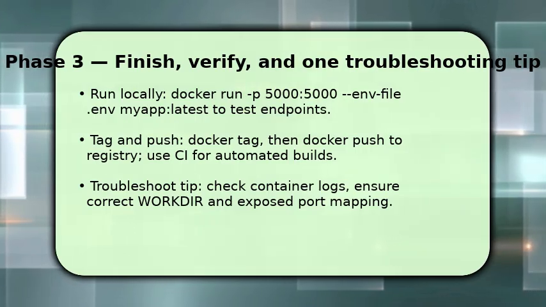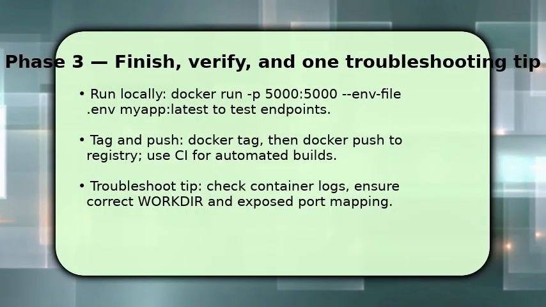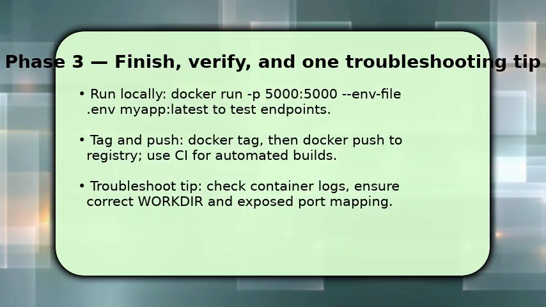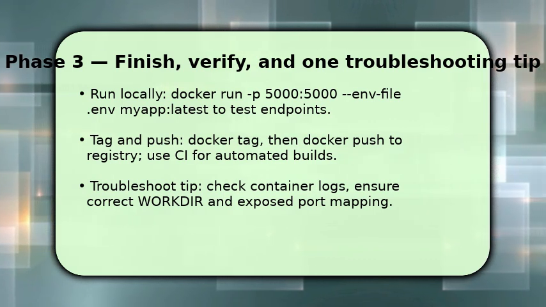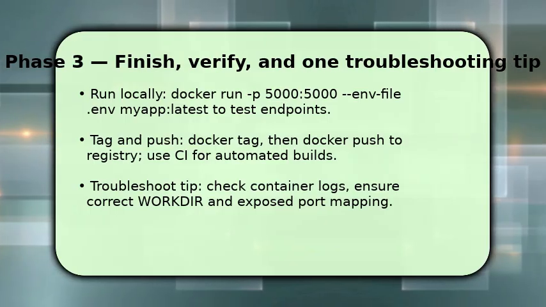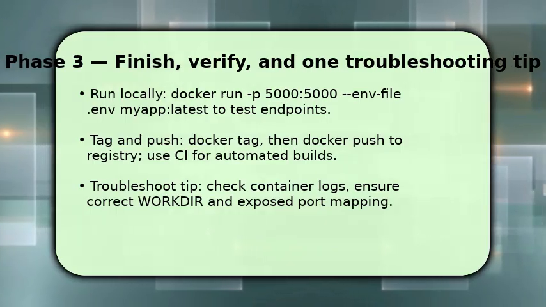Integrate this into CI for reproducible builds. If something fails, inspect docker logs and docker inspect for environment and port mappings. One key troubleshooting tip: make sure your Flask app binds to 0.0.0.0, not localhost, so